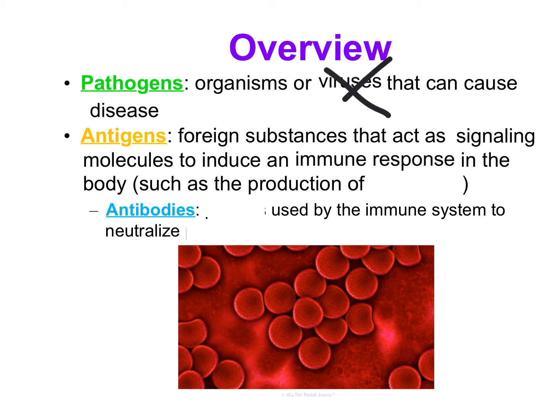There are different ways that this happens, but they always result in the production of antibodies. These antibodies are what is really fighting your infections. Antibodies are a type of protein. If we recall from biology, proteins have a whole bunch of different functions, and antibodies are one of those. Antibodies are proteins used by the immune system to help neutralize our pathogens. So they're really the ones out fighting them.